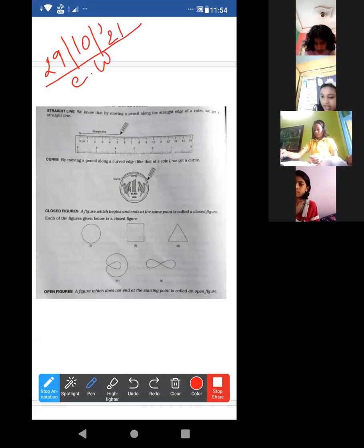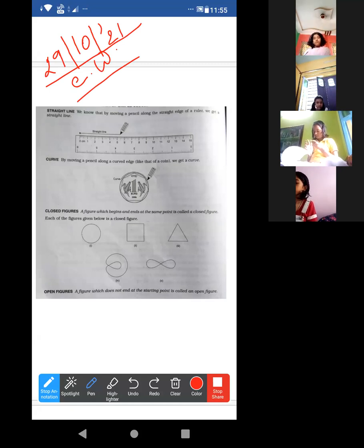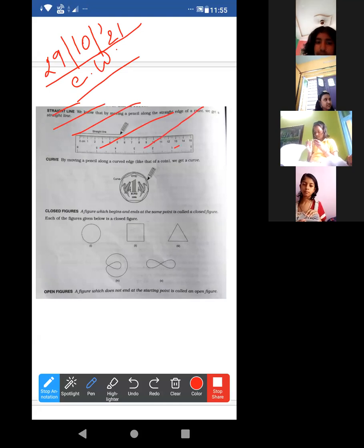Right, CW? Acha, yesterday I completed up to the difference of line, line segment and ray. Now, look. Acha, straight line, this one already done. Yesterday I told, no need to look at this. Today I'll start from here.